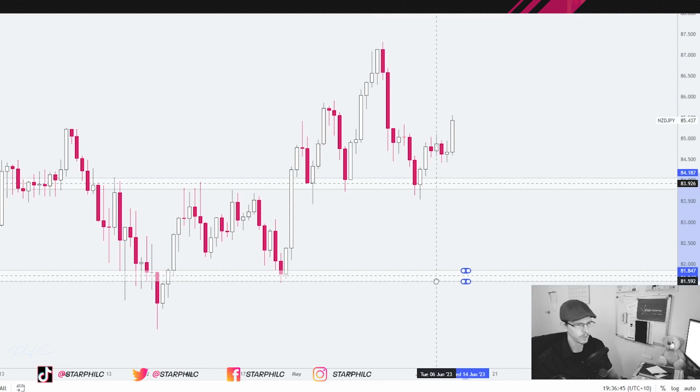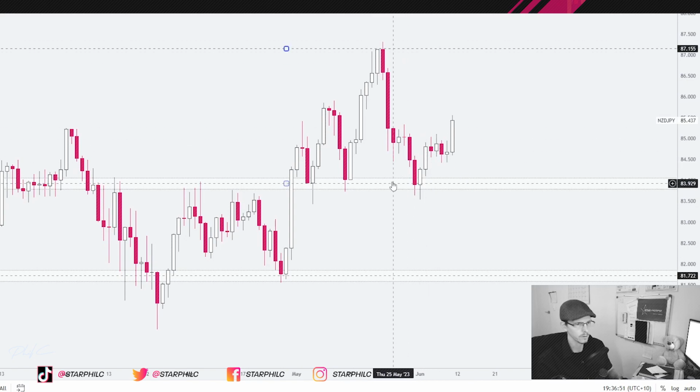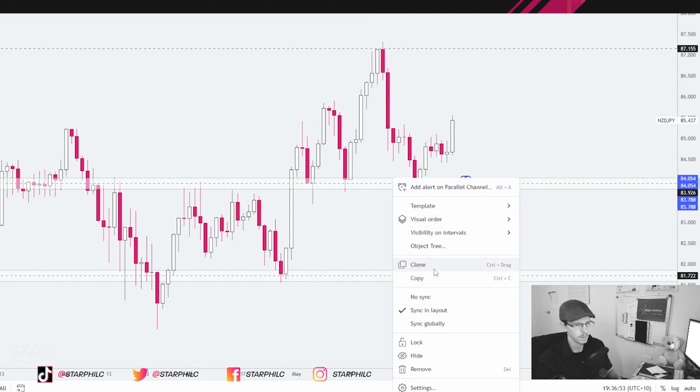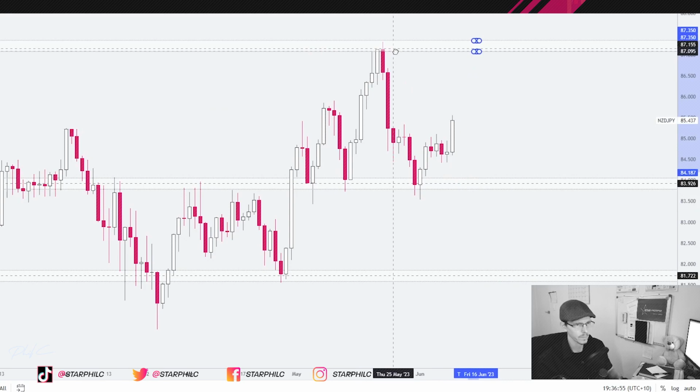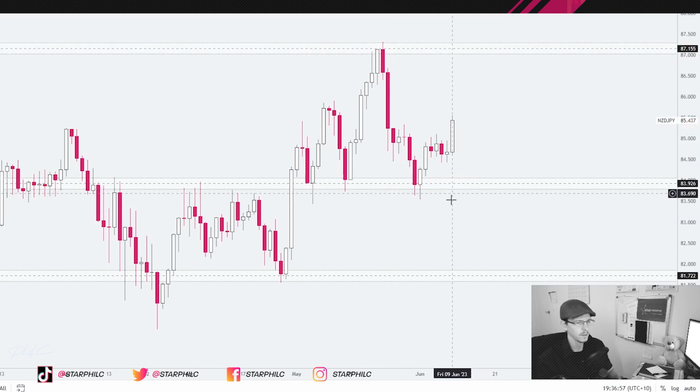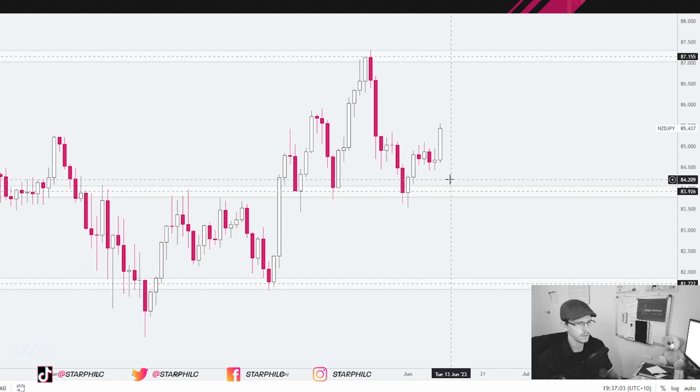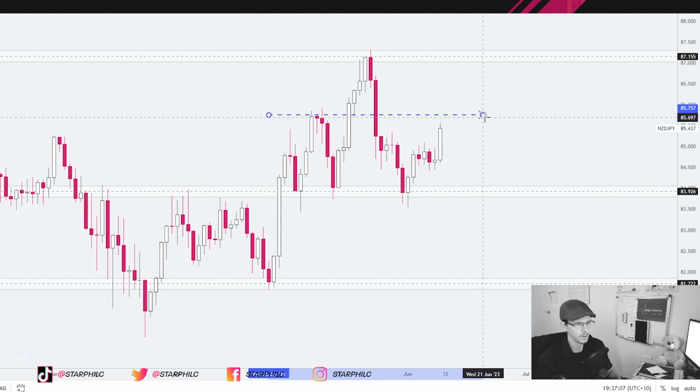A level of structure down there. And then I will put in another one here, up the top, right here. Yeah, so we got our structure level down here and right here and right here. This is Kiwi yen on the daily time frame, and we have a little bit right in here because we might